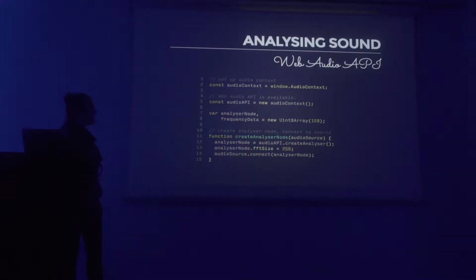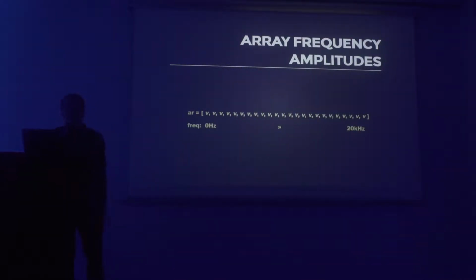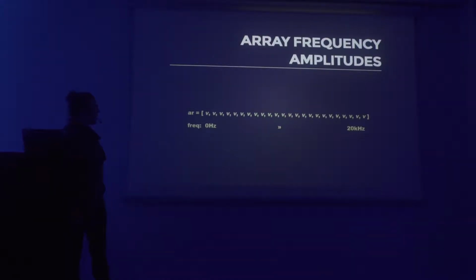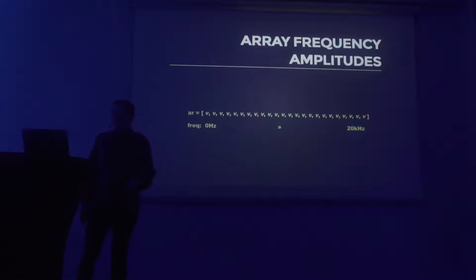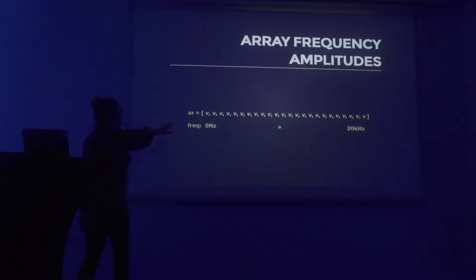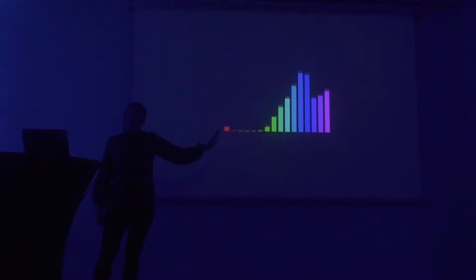The way that that's returned for us is we create an array, and each item in that array represents a different frequency. We can make that array as big or as small as we want, and that will set the resolution of the data that we get back. Then what you get within each item is the amplitude value of that frequency. So if you've got the low sounds at the bottom here and the high sounds at the top there, and we've got some low sounds playing, then the amplitude for that low item is going to be higher, and that number in that item of the array is going to be higher. Cool, glad you're all still with me. So for something like this, it's basically just an array with that data.